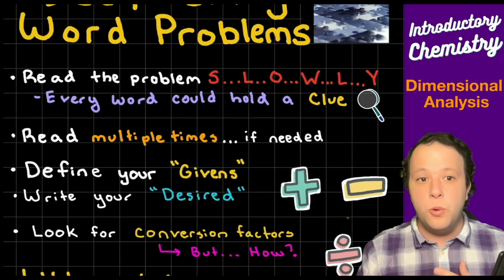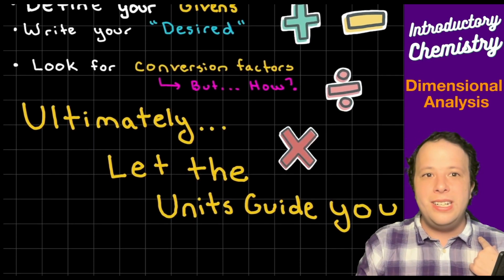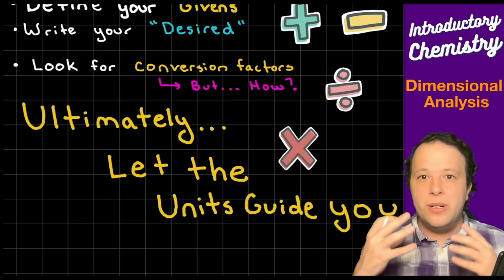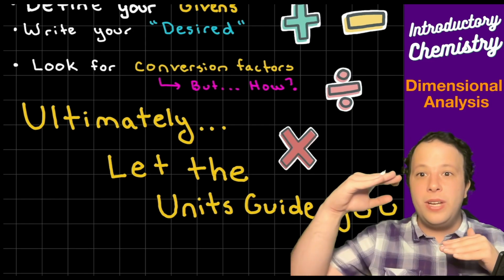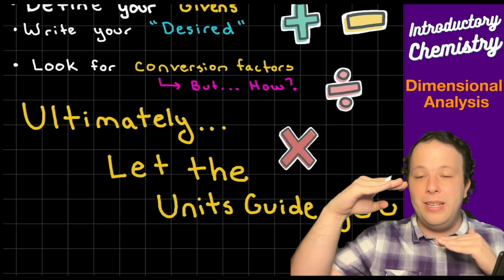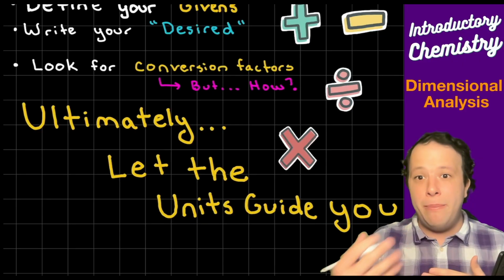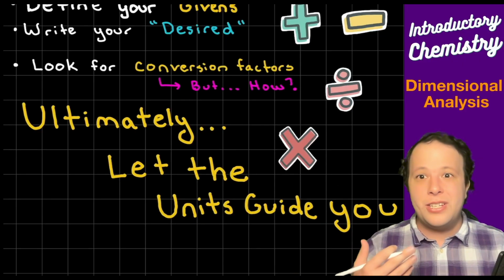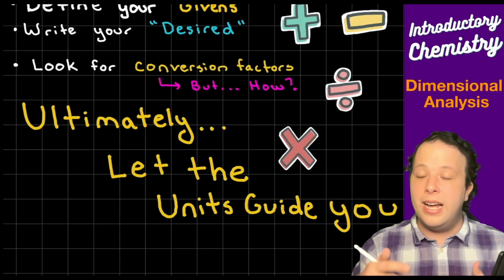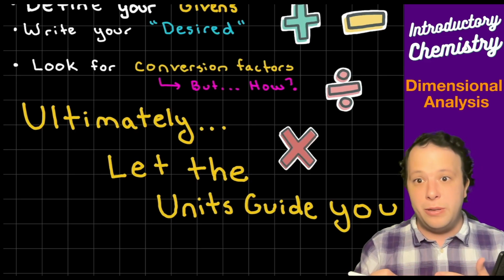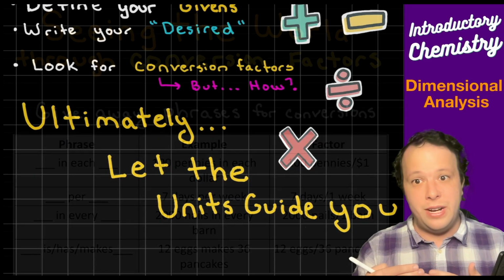Well, there's going to be keywords we're going to be looking for. And with those keywords, the whole idea here is that it's going to help you let the units guide your thinking, meaning they need to cancel out. So top and bottom of these fractions, they cancel. So we need to try to map out a path for ourselves. And that's what we're going to be doing as we go through these problems. So let's take a look at some of the different terms that we will come across in these problems that can be a hint for your conversion factors.